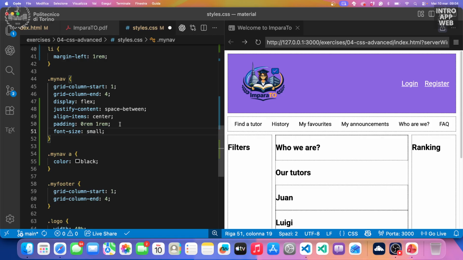So here I basically leave the space between the elements so that all of them distribute among all the available space, leaving the same space between each link. Then I align them to the center, vertically aligned to the center. Then I add some padding, but just on the sides. So here and here I'm adding this one rem padding so that they don't remain stuck to the border. And then I set the font size to small, but I think it's kind of better for